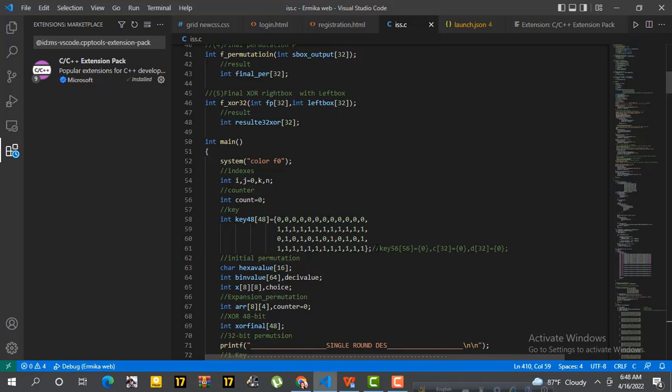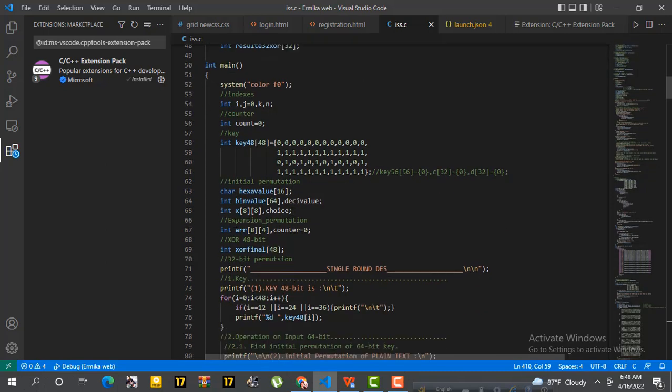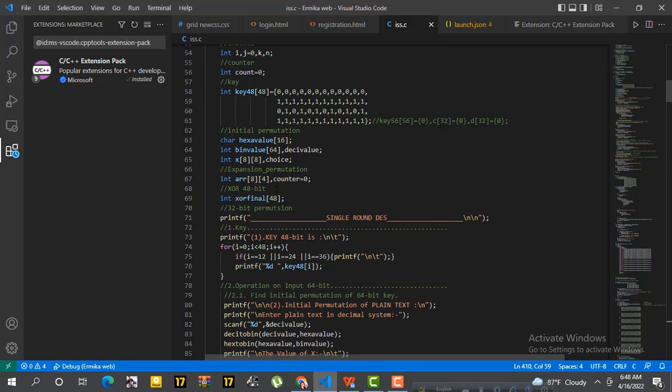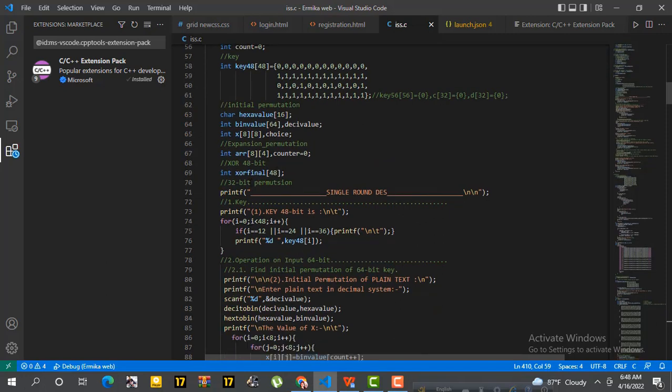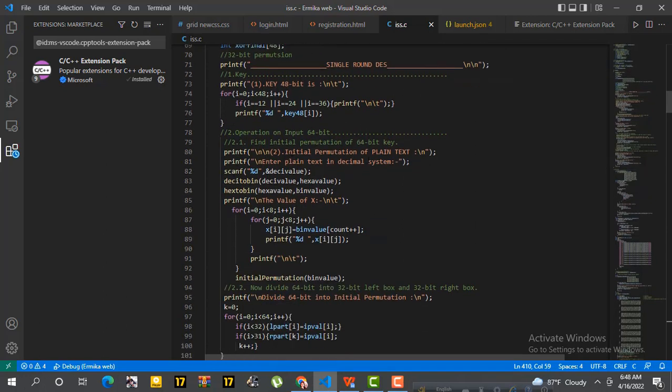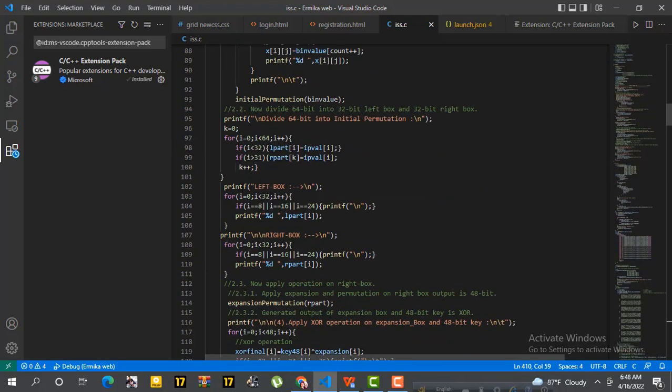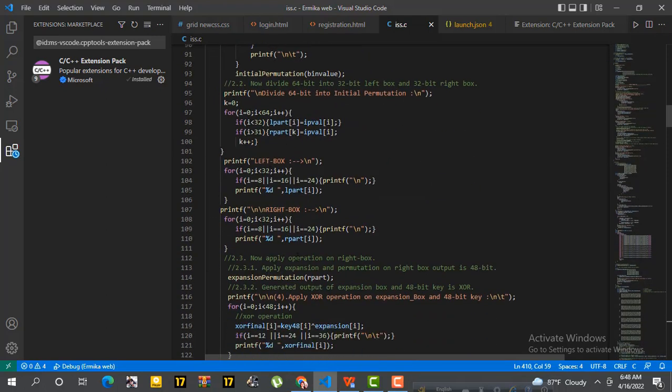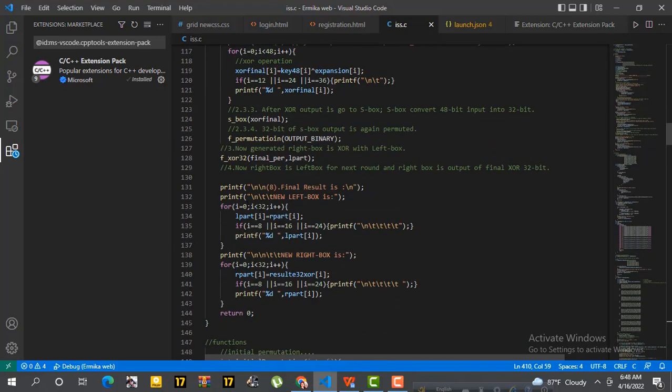First of all, we find the key of 48 bits and then some random value of 56 bits, which is 0 0 and 1 1. After that we print the single round DES and the 48 bits. Then we create an array of keys like 8 and 8 4, and again print the 48-bit key, and then check the initial permutation for the initial permutation box,